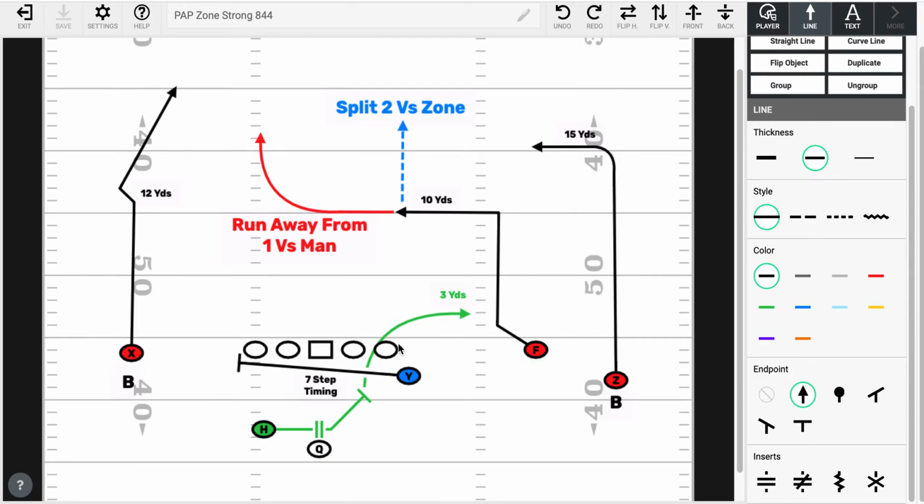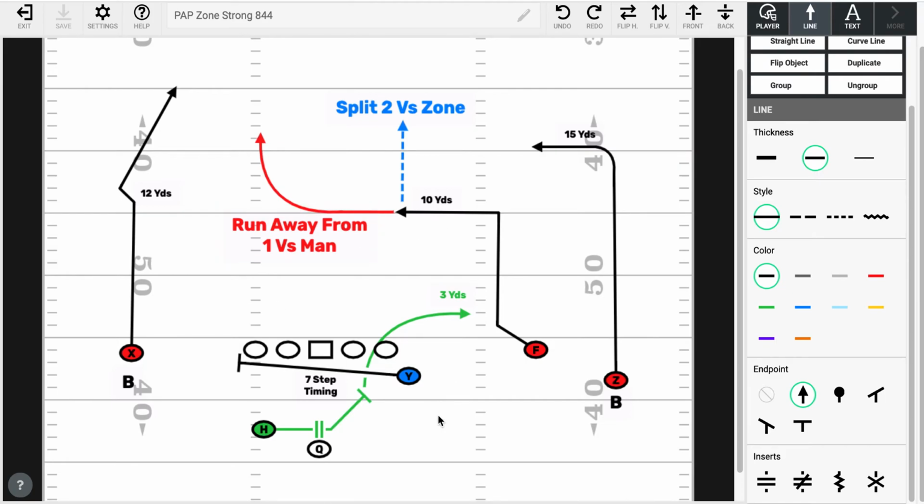And he understands that that Y is going to go back across the formation. If a defender runs with it, real sure sign of man coverage. If the defender just throttles right in there, you've got zone. And there's other keys that you can give them. But the really important part is that your slot receiver understand as they come out of this break,